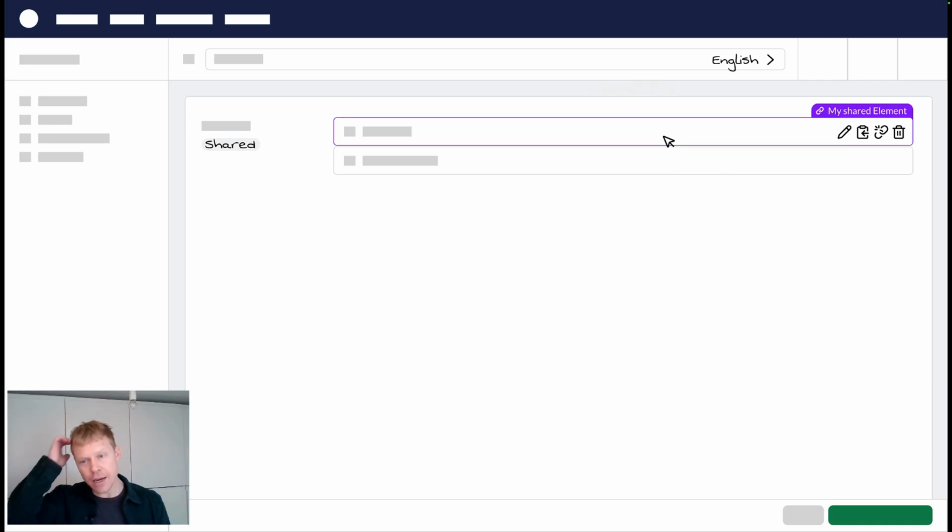So if we hover back on the other element, we can see that this one is linked. It is a subtle indication, but once you learn this visual detail, it should become clear to you that the block is based on an element. But it's also worth mentioning that it's intentional, that it's not a disturbing